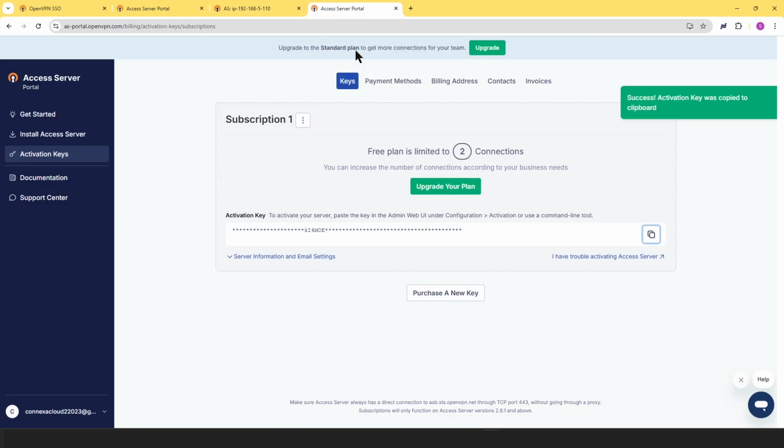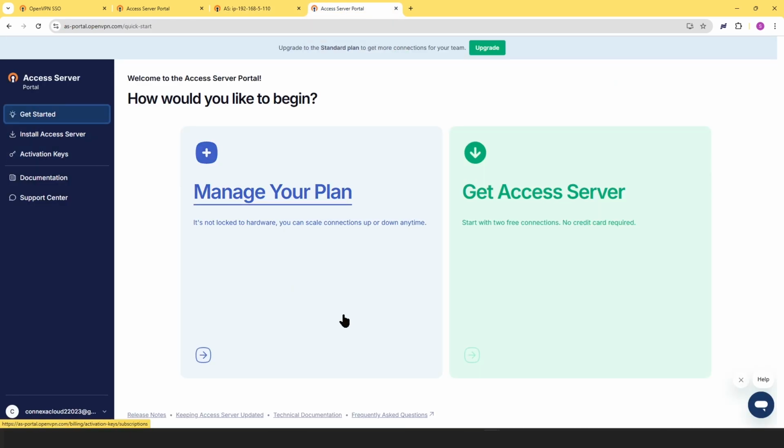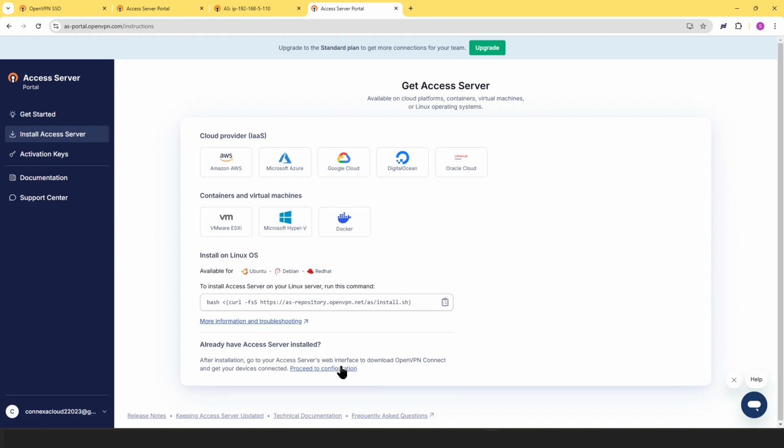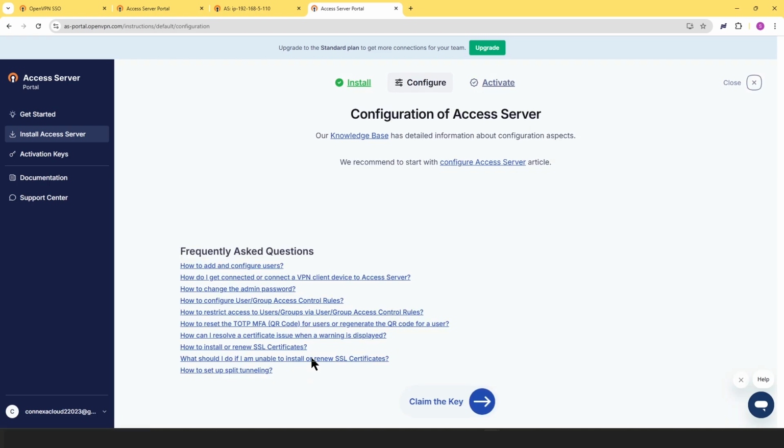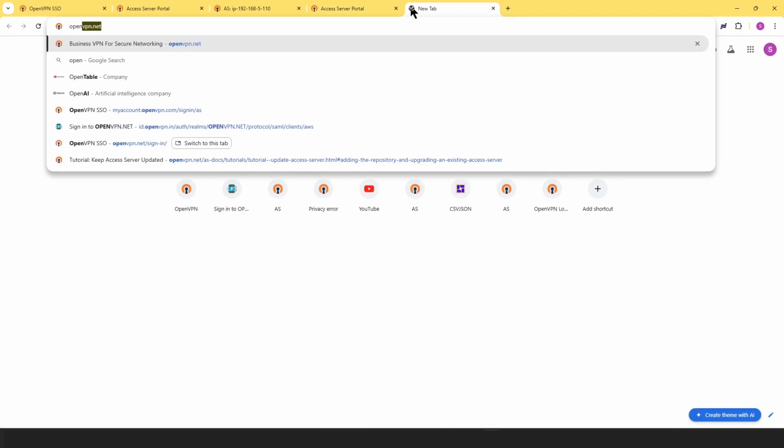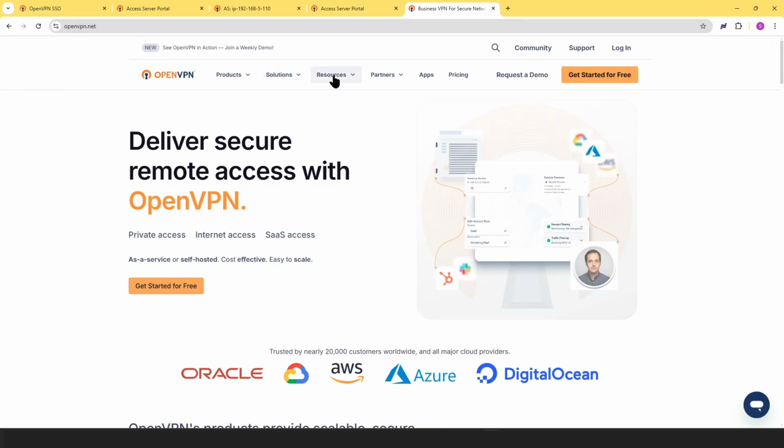We have a lot of documentation on our website. You can either access those documents through the Access Server portal by clicking on the Configure Access Server link, or you can just go to our website, openvpn.net,